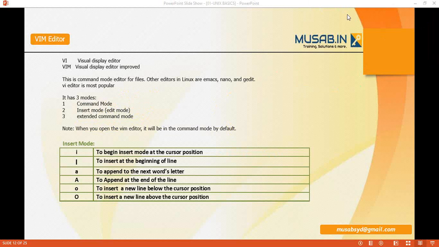So as I was talking about the VI or VIM editor, we just understood that there are three important modes inside it. Command mode for cutting, pasting, copying lines. Insert mode for making changes, for editing your file. And once all your work is done, to save and quit, you need to come to extended mode. So let's see